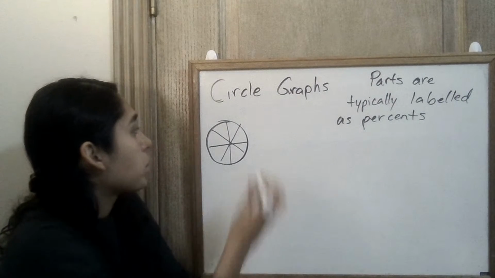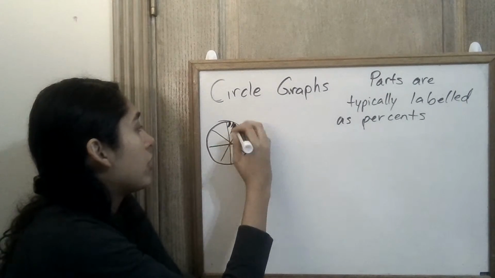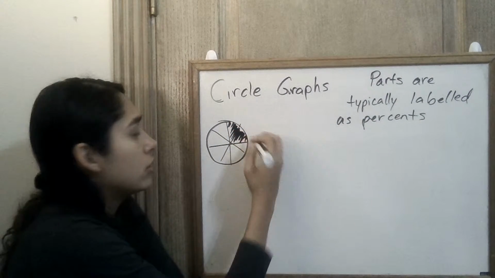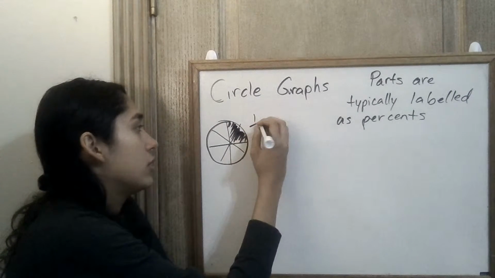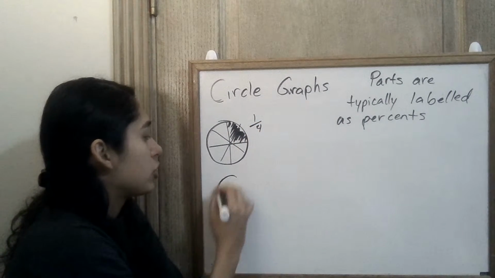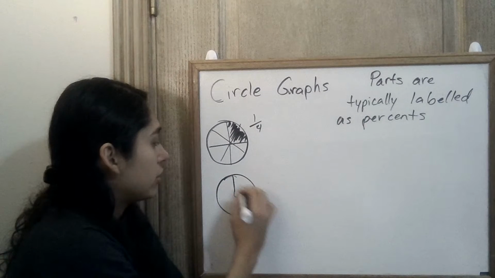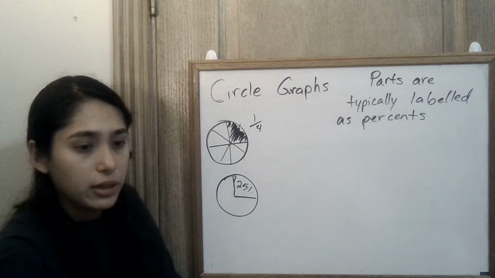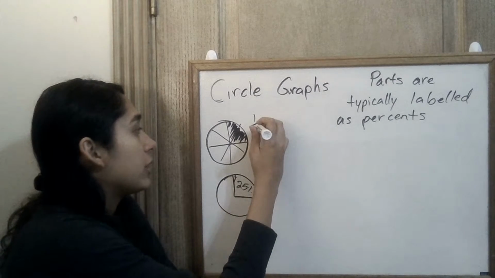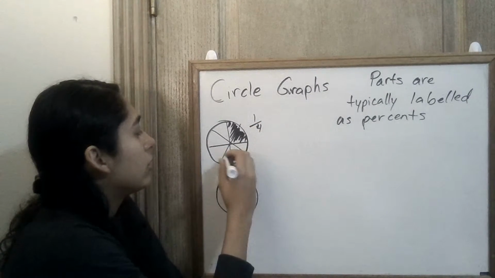So let's say, talking about this much, that's 1/4 or 25%. But it's much more common to just see it as 25% like that. Easier aesthetically, because let's say I'm talking about